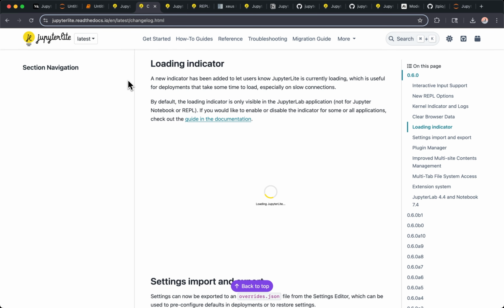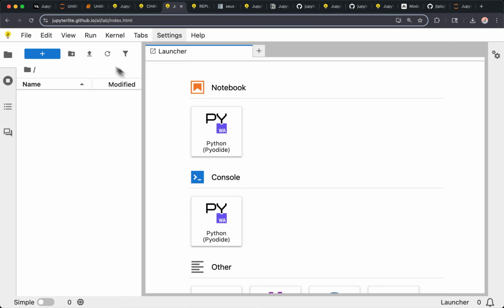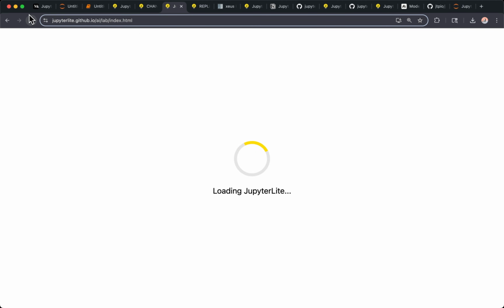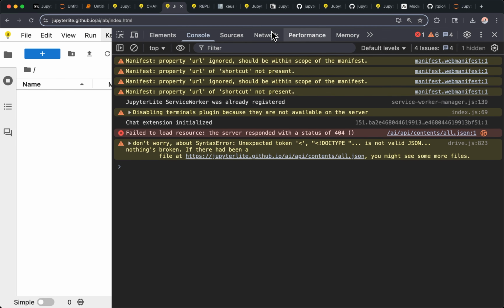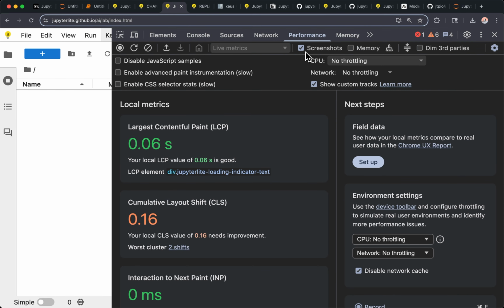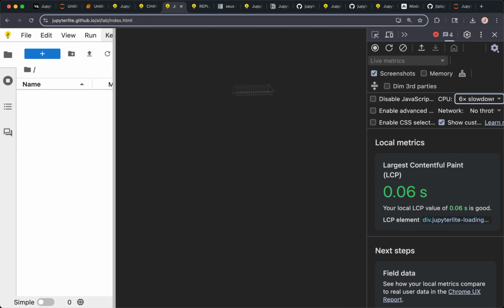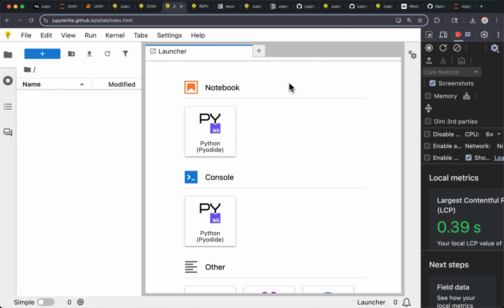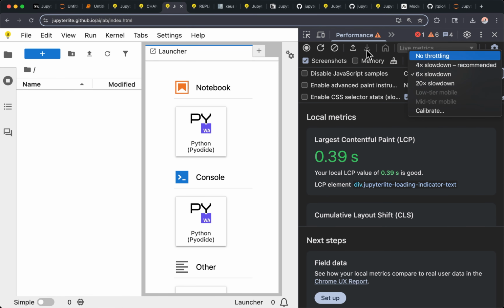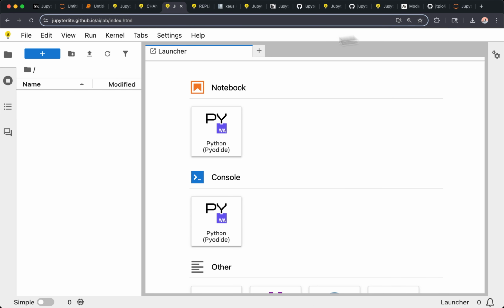Another common feedback was people saying that, okay, I don't know what is happening. It's a blank screen, it takes forever to load. So here, it doesn't take forever to load because of fast internet and a fast computer. But if I slow it down on purpose, now we see that there is an indicator that says something is happening, because before we had really nothing, which was not great. So another small quality of life improvement, I would say.